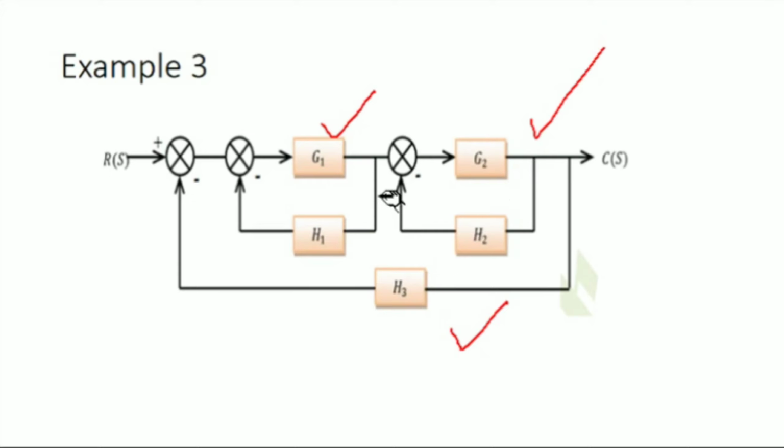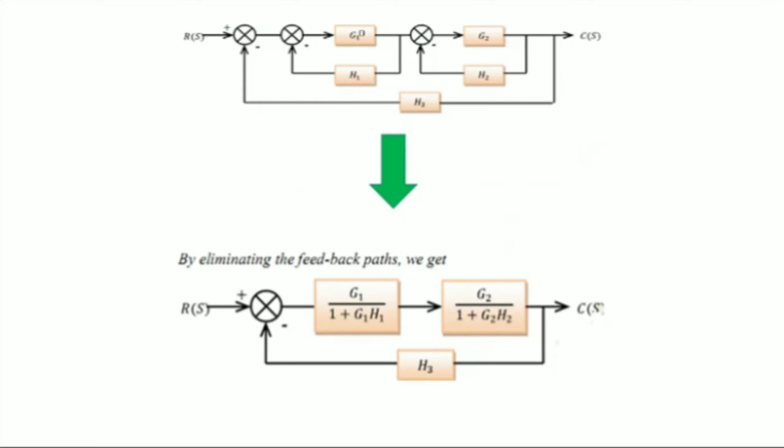So the same thing we are going to do. Let us see how we can do that here. If I consider this one as the first feedback loop and this one as the second feedback loop, then applying the feedback loop rule here, it is G1 upon, because G1 is the open loop system with the comparator, and negative feedback is provided because the negative sign is provided over here. So it becomes G1 upon 1 plus G1 into H1, because you have to take the open loop first and then the feedback. So G1, why plus? Because here it is negative feedback, so we have considered the sign as plus. Why? We already discussed that in my last lecture.